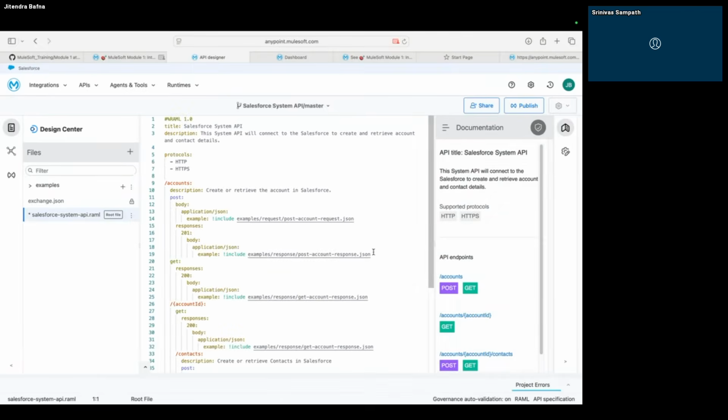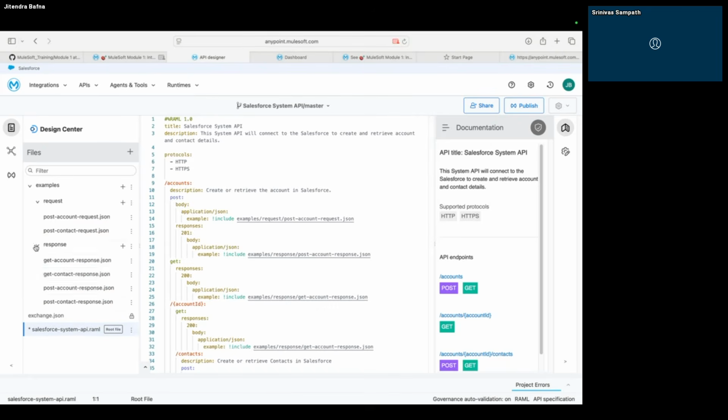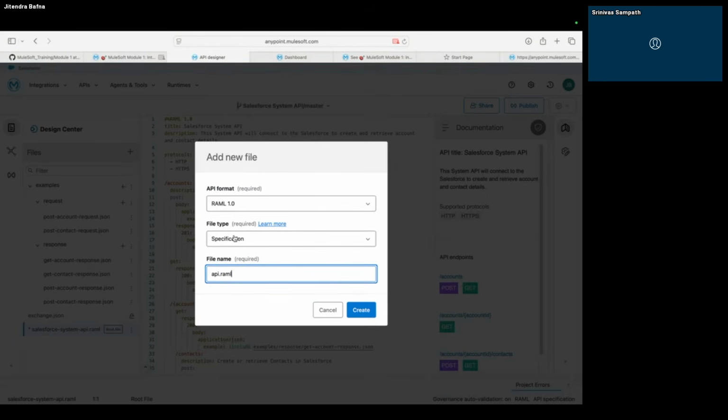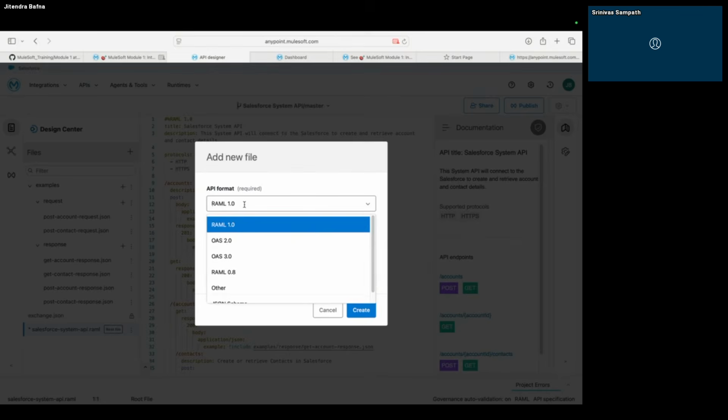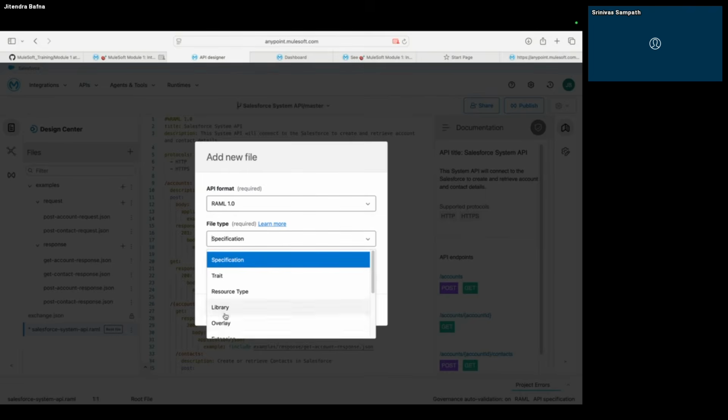If you see, most of the files that you created and the ones under examples were of type Other, right? But if you click on the plus sign and choose New File, there is also an option called RAML 1.0 with the file type as Example. So what's the difference between that and the one that you created?